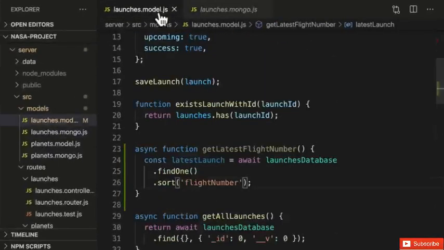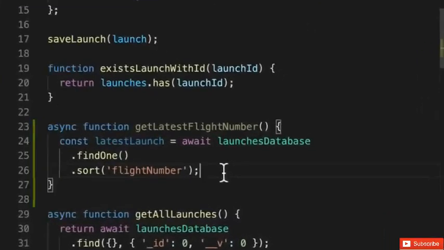So in our model, passing in the property will sort the documents by that property in ascending order, from lowest to highest. And what find one will do is it will return the first document if there's more than one that's returned. So we're taking all of the launches, we're sorting them, and then we're taking the first one in the list that's returned. Which means to get the latest launch, we need to sort in descending order, from highest